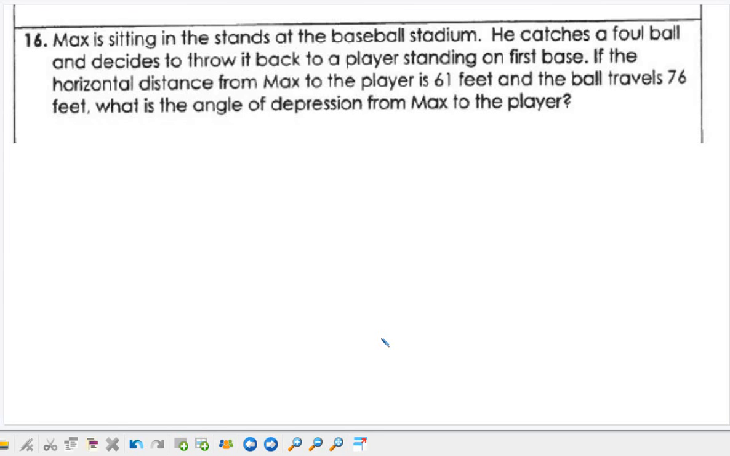Okay, so this is the last one. Max is sitting in the stands at a baseball stadium. He catches a foul ball and decides to throw it back to a player standing on first base. If the horizontal distance from Max to the player is 61 feet,